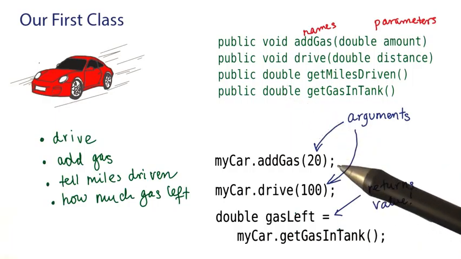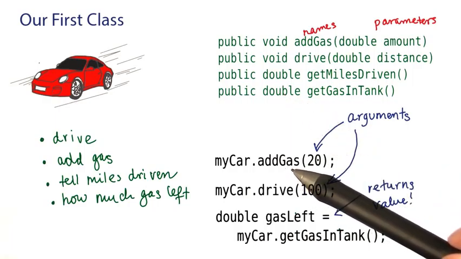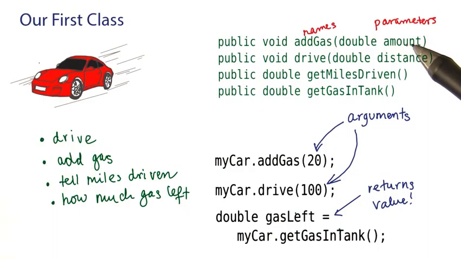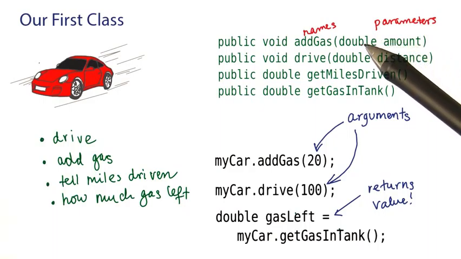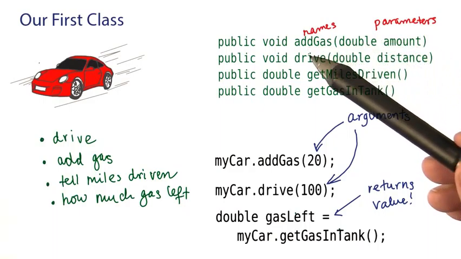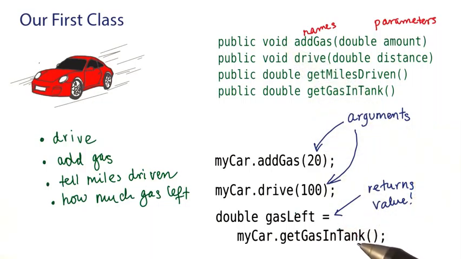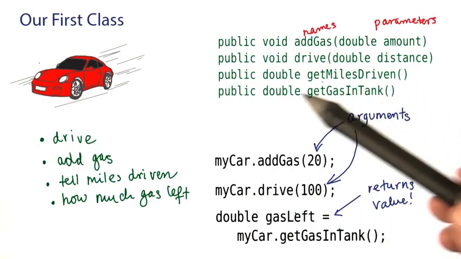Let's see more closely how this process works. Look at the add gas method here. Here we see it takes an argument, the number of gallons added. I've called that here the amount, and it's of type double. This method doesn't return any value, so it's declared as void. In contrast, getGasInTank has no arguments, so there's no parameter variable here, but it returns a number, so we put